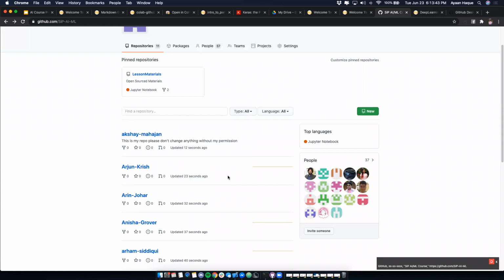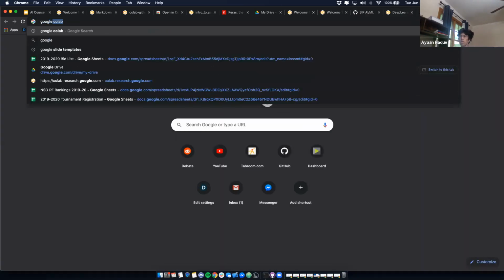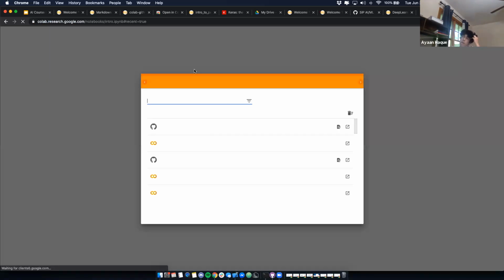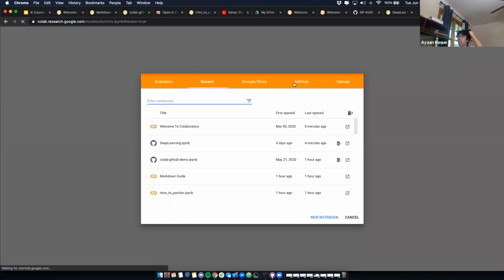Commit it? The way to commit it, you'll go to your file, right? So I'll show you guys right now. I would go to Google Colab, right? And I would make a new notebook, right?